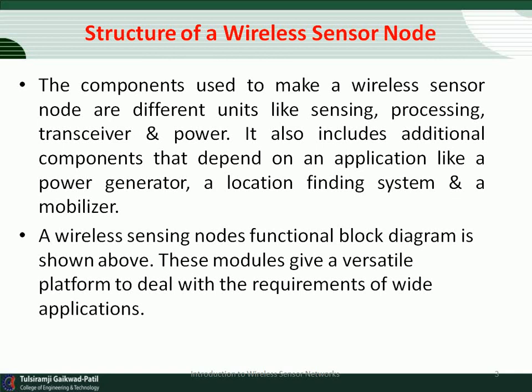Second is the network layer. The major function of the network layer is routing. This layer has a lot of challenges depending upon the application, but probably the major challenges are the limited memory and buffer. Each sensor node does not have a global ID and has to self-organize. That means the sensor nodes are mobile in nature, so they move from one position to another position, and that is why they do not contain a unique ID.